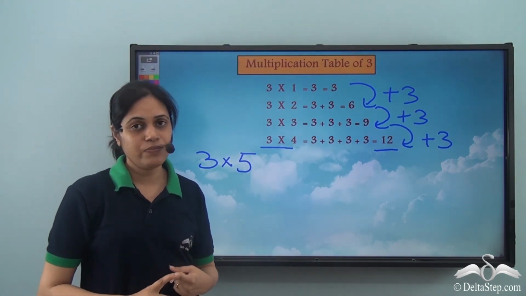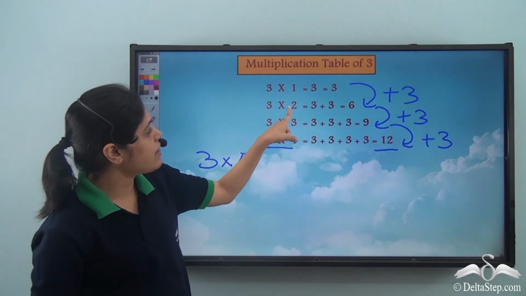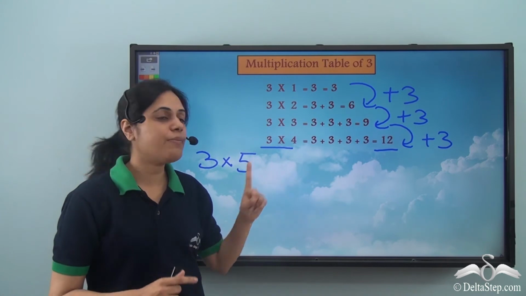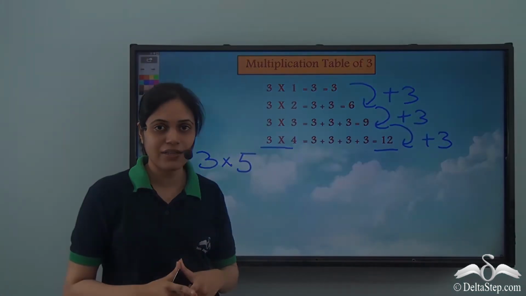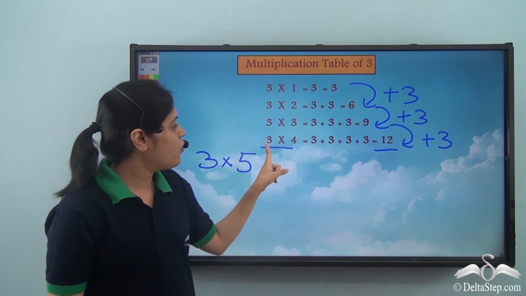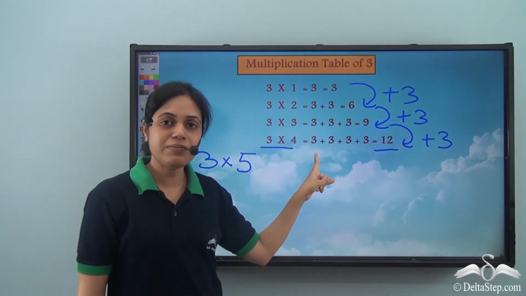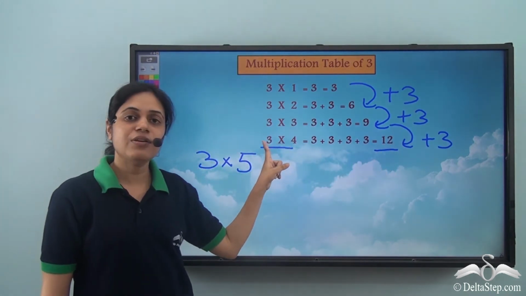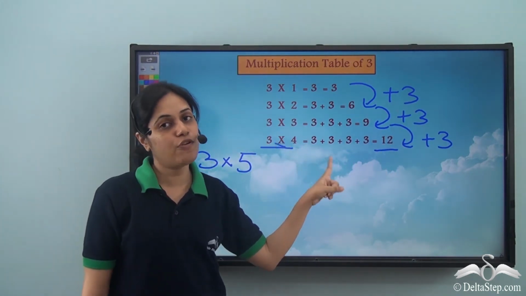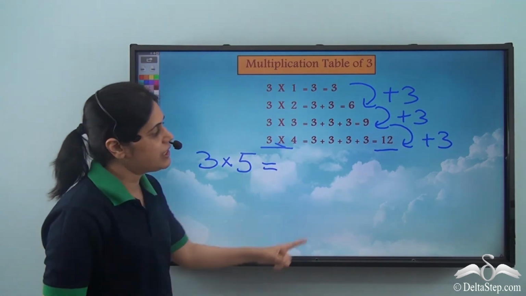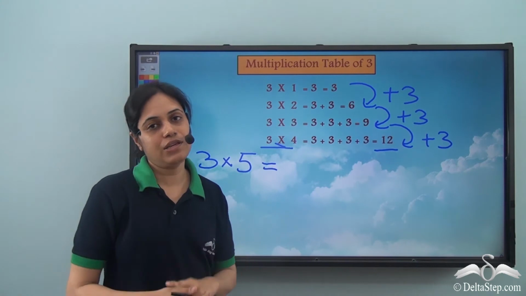Why is it so? It is so because this number is also increasing by 1. This number is the number of times 3 is being added. So over here, 3 is being added 3 times, and over here, 3 is being added 4 times. So if I add one more 3 to it, I will get what is 3 added 4 times. So I simply need to keep on adding 1 3.